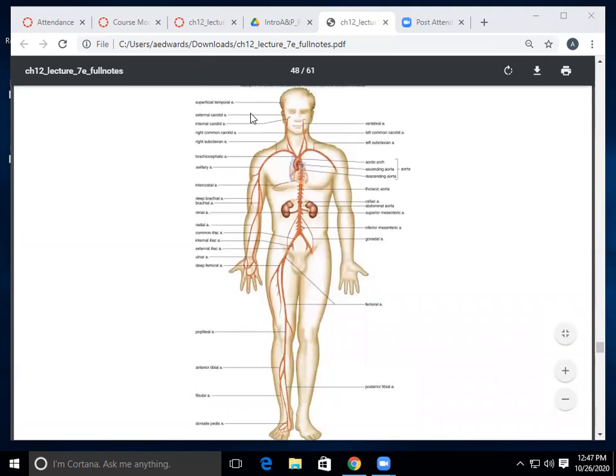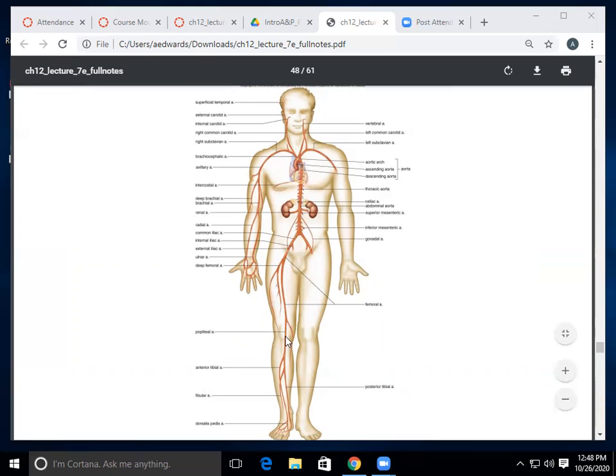So this image shows you some of the major branches in the systemic circuit, all from the aorta. Here's that brachiocephalic artery, right common carotid, left common carotid here, left subclavian, right subclavian, your descending aorta, your thoracic aorta, your abdominal aorta, femoral artery,